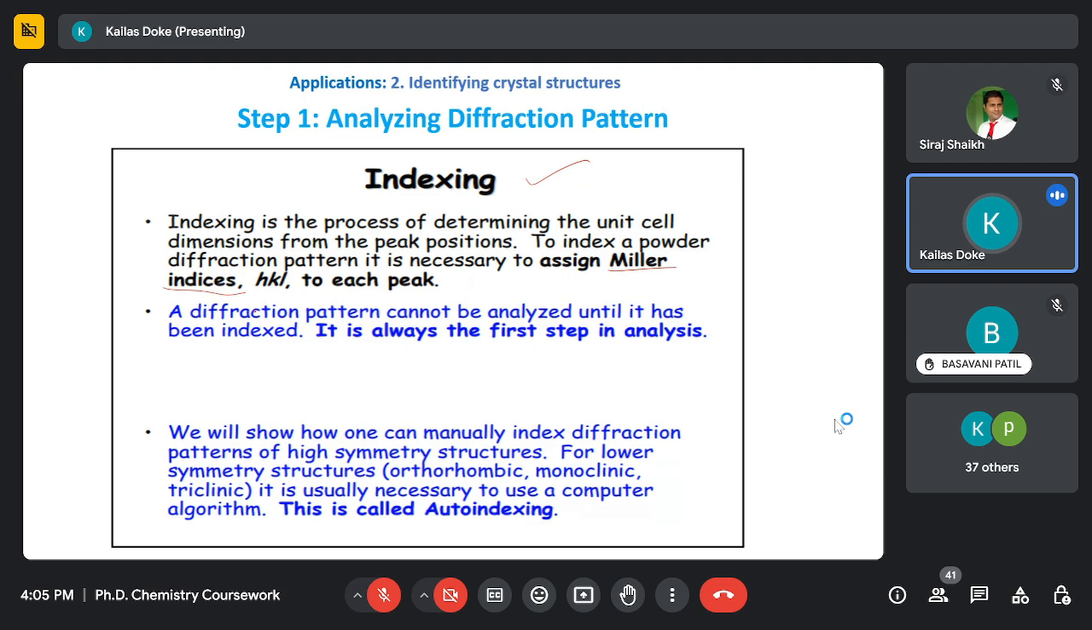This is one of the research papers. Wiley is one of the published journals. It is a journal of materials, and they synthesize